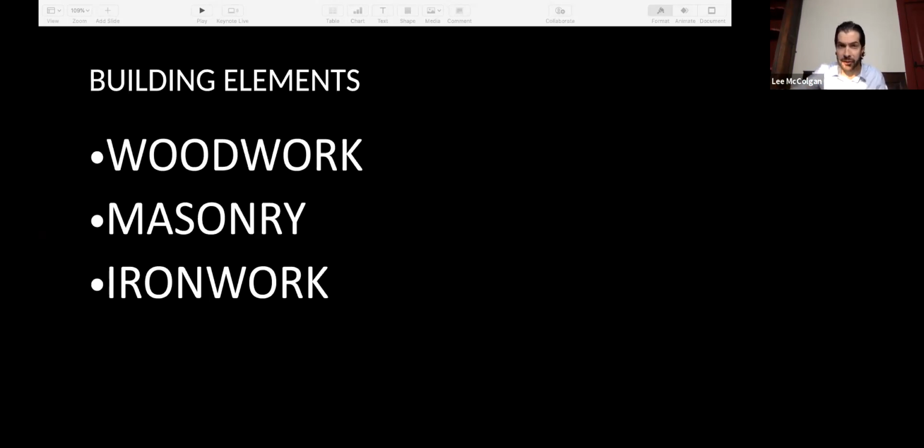So I'm just going to look at three of the building elements. There's more things that I can talk about, but with limited time here, I'll try to get through this in under an hour. Again, I know everyone's very busy. I'll talk about three: woodwork, masonry, and ironwork, and I'll pause at the end of each one of these sections. If anyone has any questions, we can field them then. So I'll start with